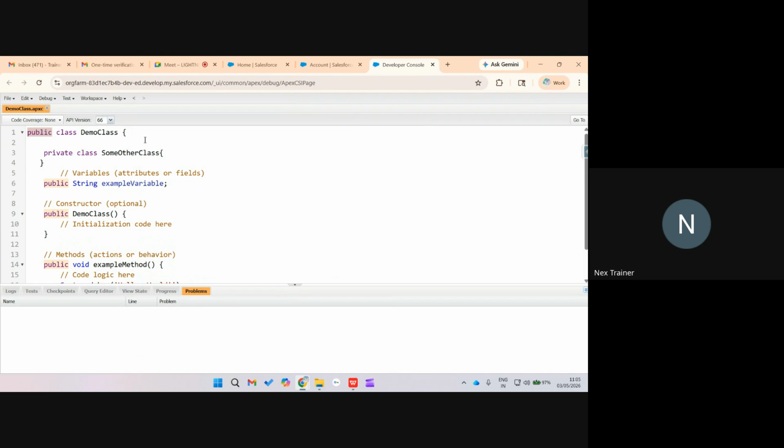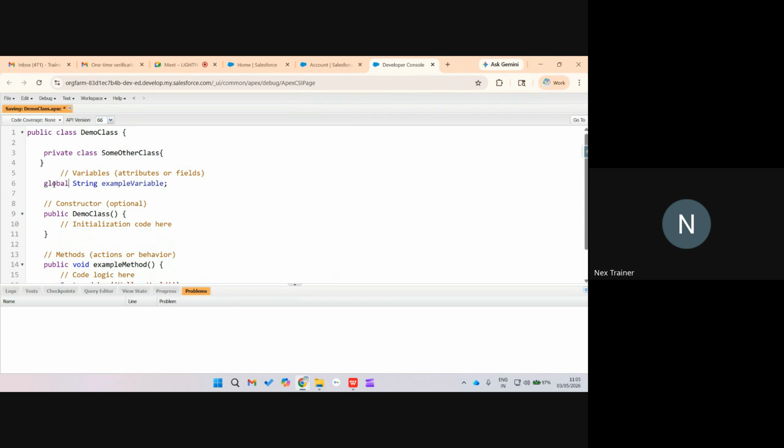The public is there, and the entity that is trying to access is outside the org. So there we use global. So public, private, and global. Now, if you have the top level as public, then the inner level can be more protected, not a problem. I can have private, I can have public. But if I try to have it global here,